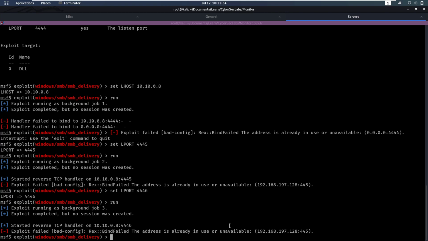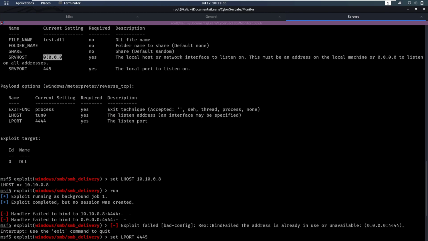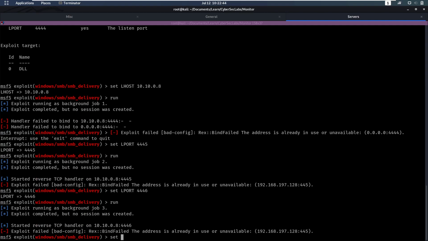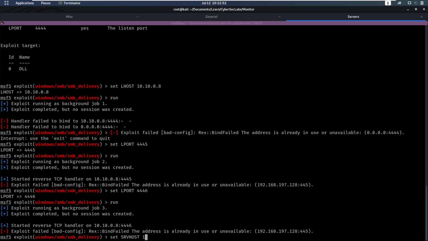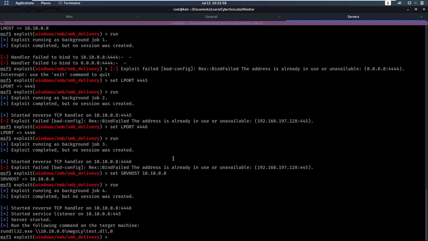Oh, and now the issue is with this other part here. Oh, for the server host. Okay, and that's where we want to change the address from here to our address. So let's set server, was it server port, host, server host to our IP address. Now if we run, okay, now we see it started the TCP handler, it started the service listener, and now